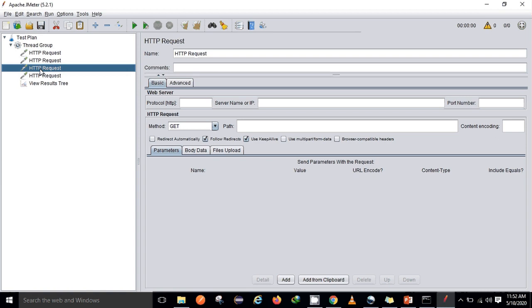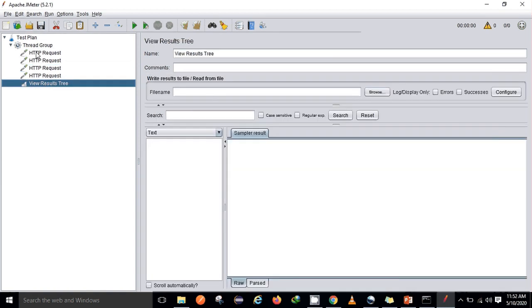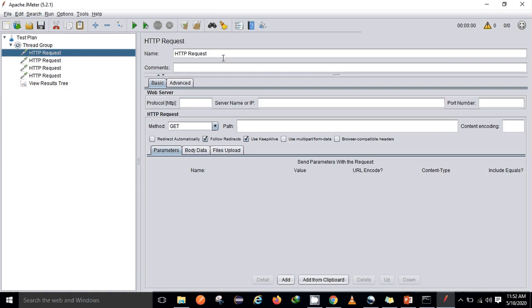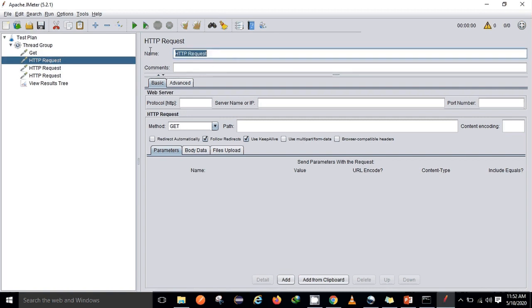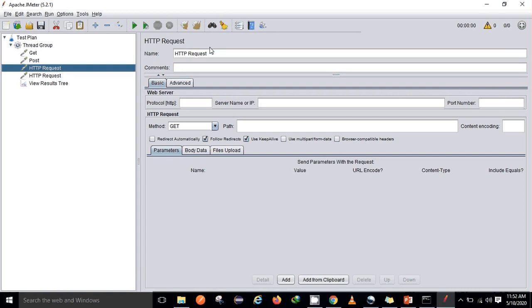Initially it has selected a get method, so we'll have to change the methods which we'll be using. The first request will be a get, after that we'll be using a post, next is put, and finally delete.